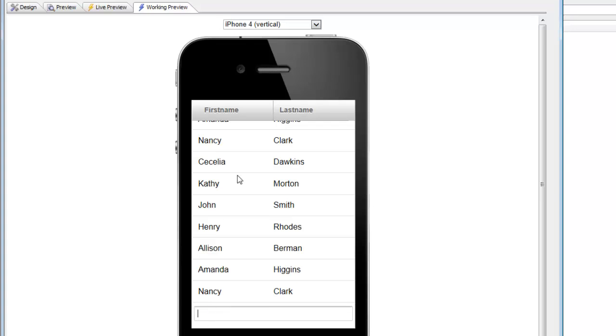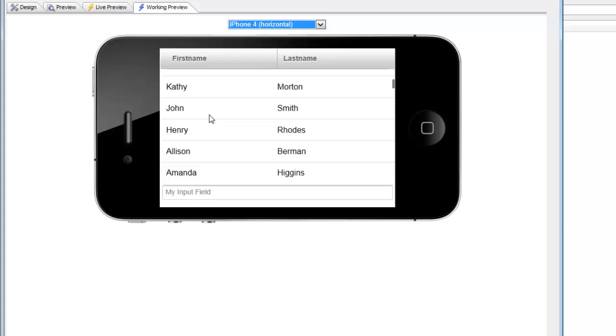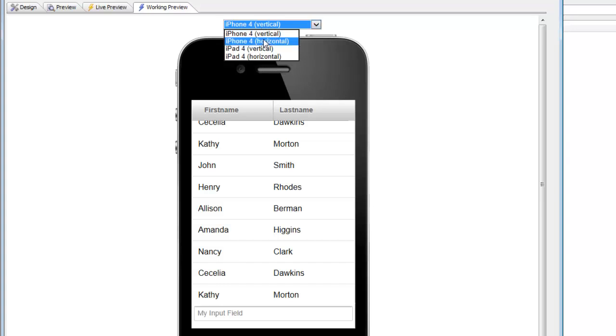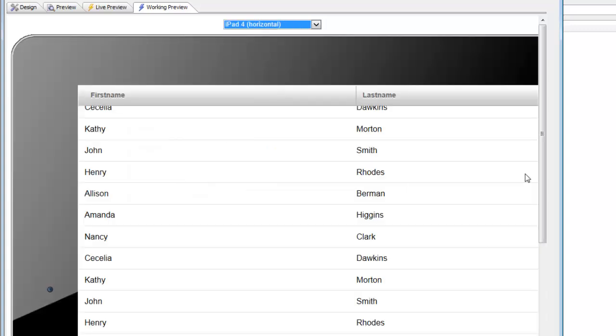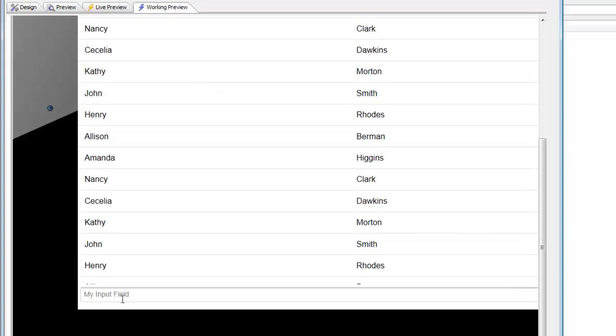But when we do an orientation change, we'd like to still have the same space allocated to the input control and then have the list get smaller automatically. So we'll go now to horizontal mode, and you can see that our input control is still based at the bottom of the screen, and the amount of space consumed by the list has decreased. When we go back to vertical, the list grows, and when we go to horizontal, the list gets smaller. If we go to, say, an iPad in horizontal mode, the list is now bigger still,